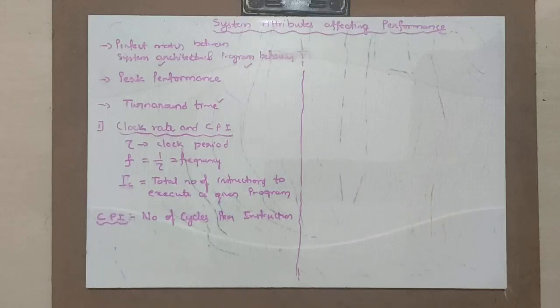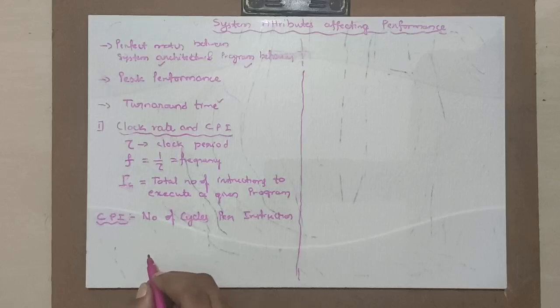Why? Say there may be a simple instruction like add two numbers. The add instruction may take 2 cycles in case of RISC machines. The same add instruction may take 5 cycles in case of CISC machines. Hence, cycles per instruction depends upon the machine as well as the program in which you are using. From program to program also it may change, in what context, where you have used.